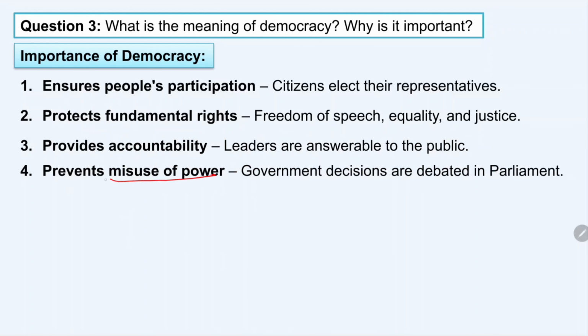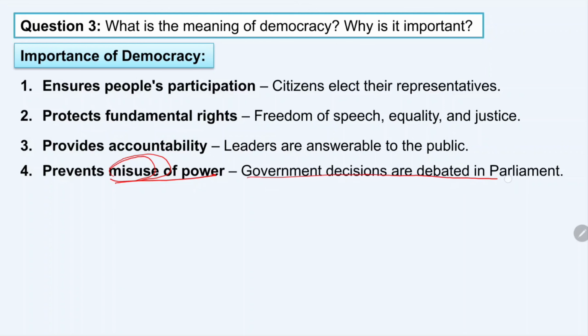Prevent misuse of power, that is among the government officials also, like in the case of the legislature and the judiciary, about these two organs. The legislature is going to make a rule, isn't it? It is making rules, and the judiciary will again see whether this rule or that bill which has been passed by the legislature is really necessary, and is it really working for the welfare of the people or not. So that is the separation of power that we have studied, and the checks and balance, isn't it? So why is it necessary? To prevent misuse of power.